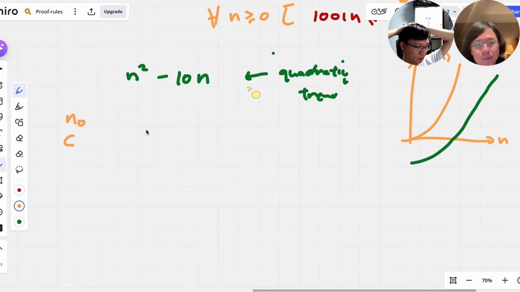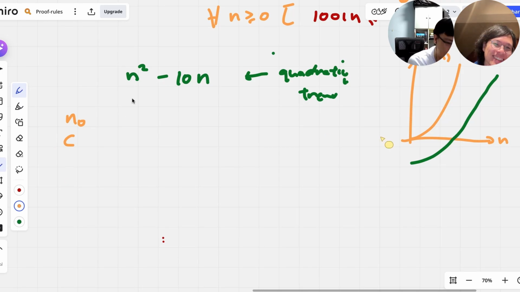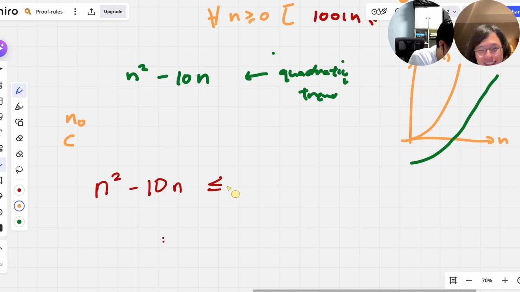Gut feeling, alright, you need to do some math here. Okay, how would you do it? I want to see you do it. We can work it backward. You did this in the 2040S class, I guess. You just need to show that this is less than some c times g(n). You just say this is less than